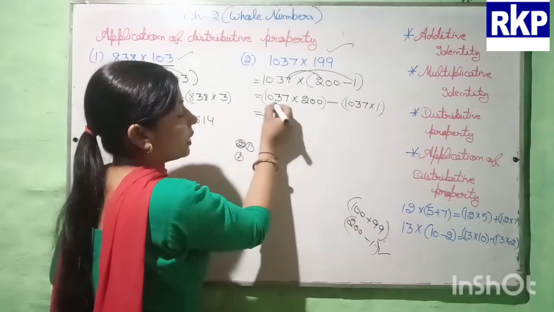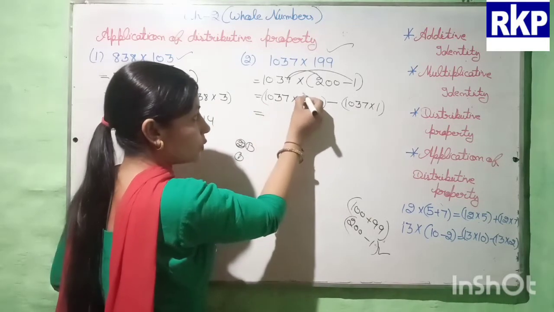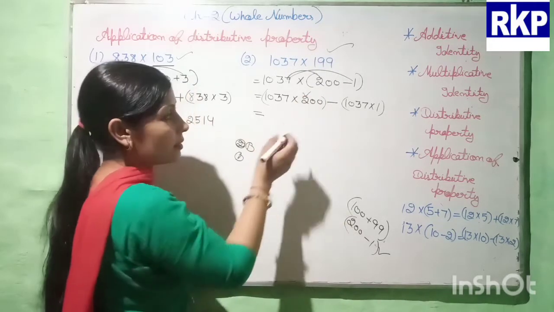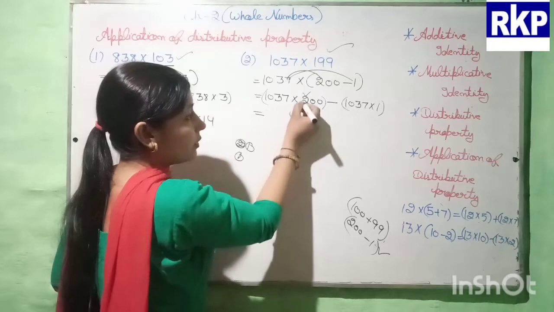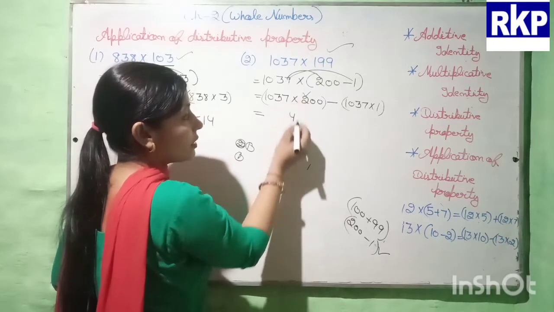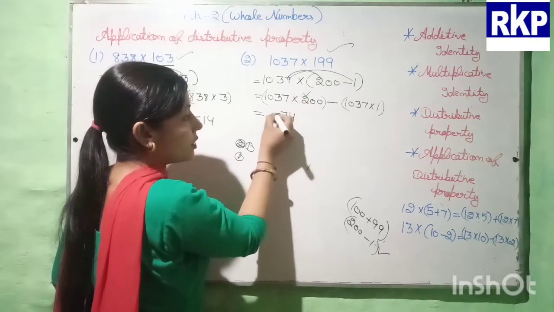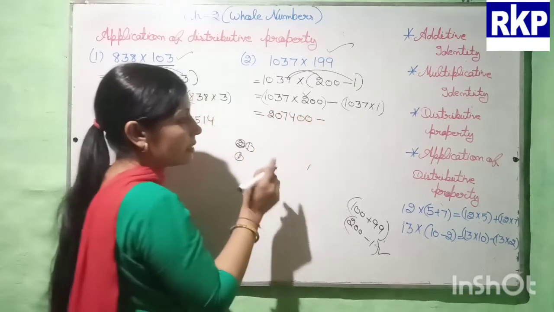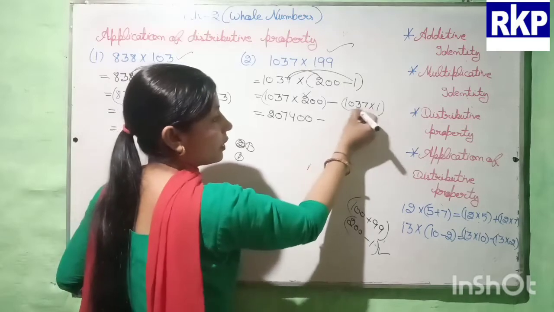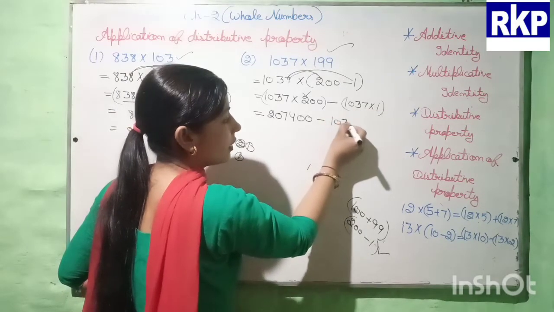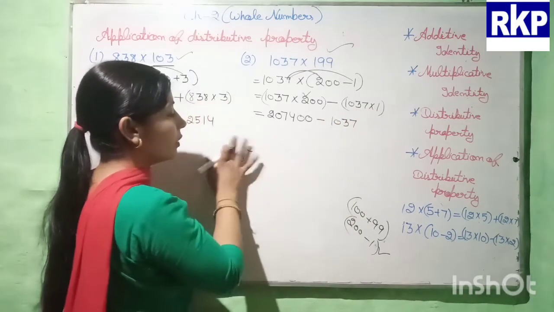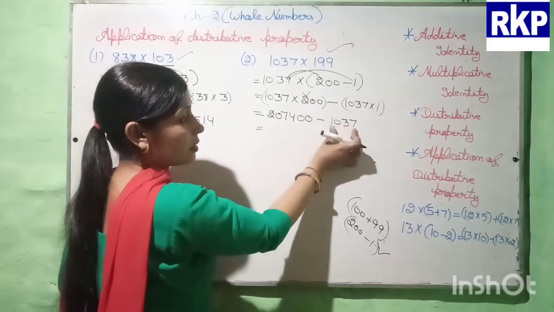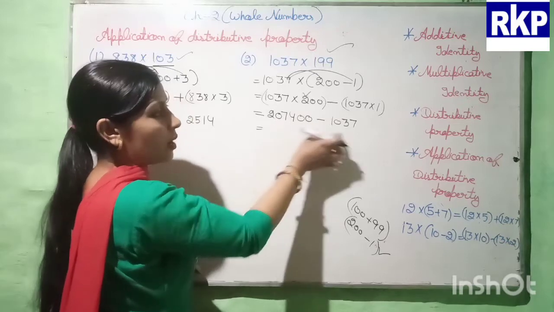Now beta, we have to multiply this with 2. Okay, and then we have to put these zeros as it is. So 2 7s are 14, 1 is carry, 2 3s are 6, 6 and 1 7, 2 0s are 0, 2 1s are 2, and put these 2 zeros as it is at last. Now here we have to multiply with 1, and when we multiply any number with 1, then we get the same number. Now we have to subtract this from this. So this you have to do yourself.